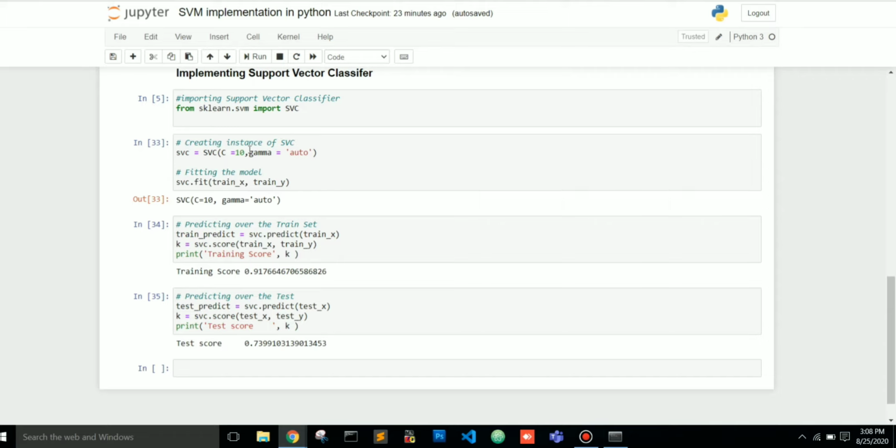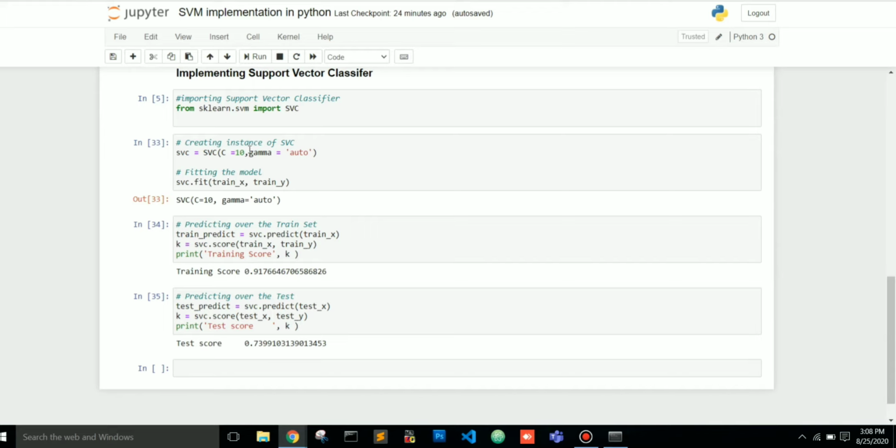What is gamma? If you use a linear or polynomial kernel, then you do not need gamma. You only need the C parameter. Gamma shows how much curvature we want in our hyperplane. High gamma means more curvature. Low gamma means less curvature.